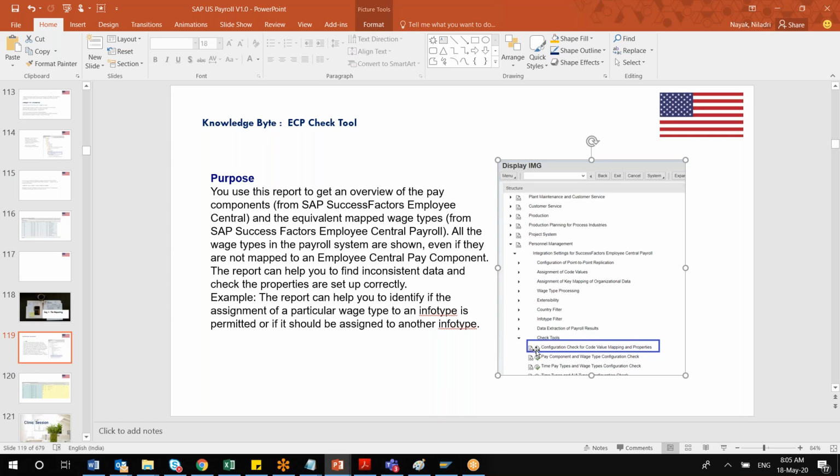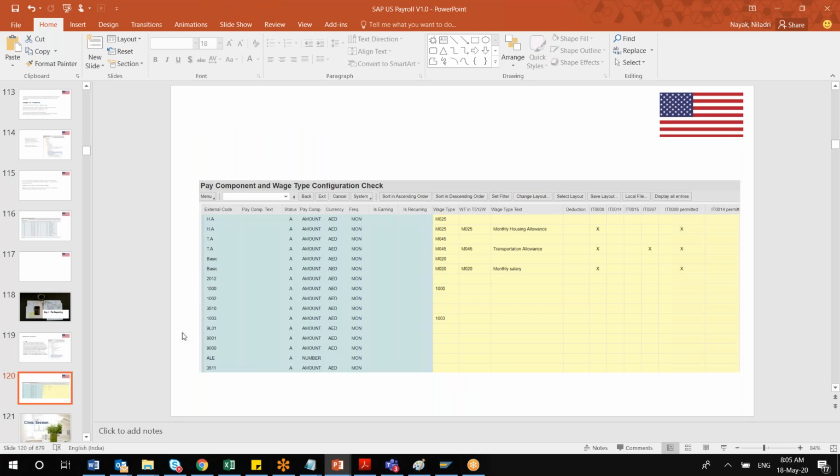This check tool has different configuration checkpoints, like configuration check for value properties, and the pay component wise, pay type wise, wage type configuration check. If you execute any of these nodes, it is not available for the end user, but for the consultant. The output will look like this.